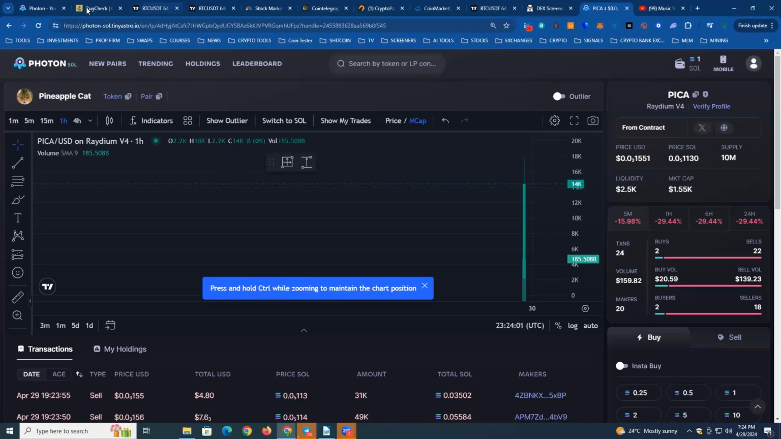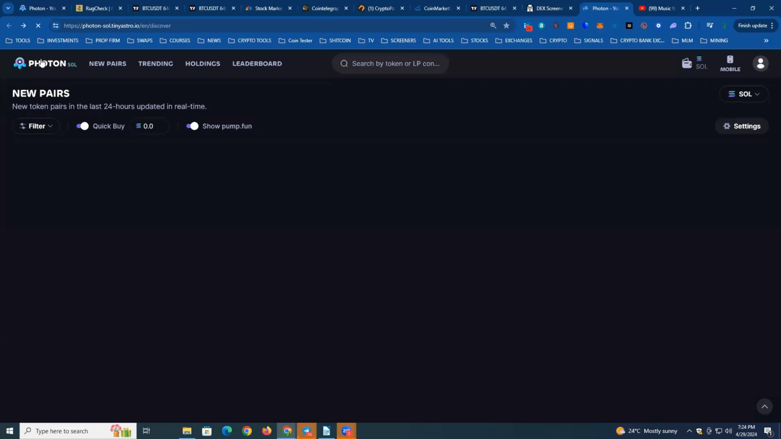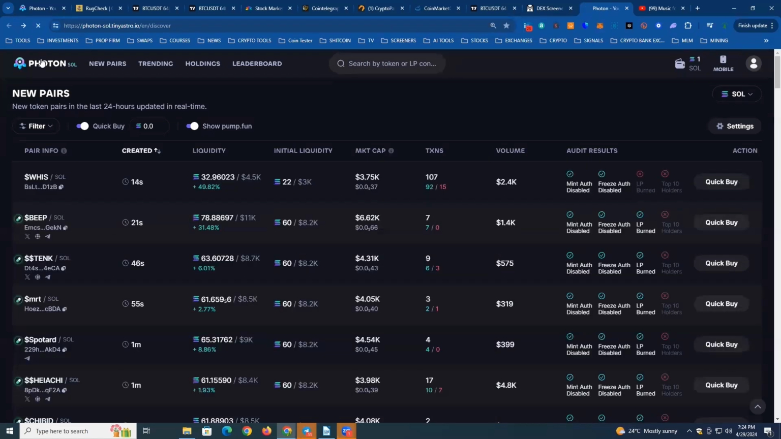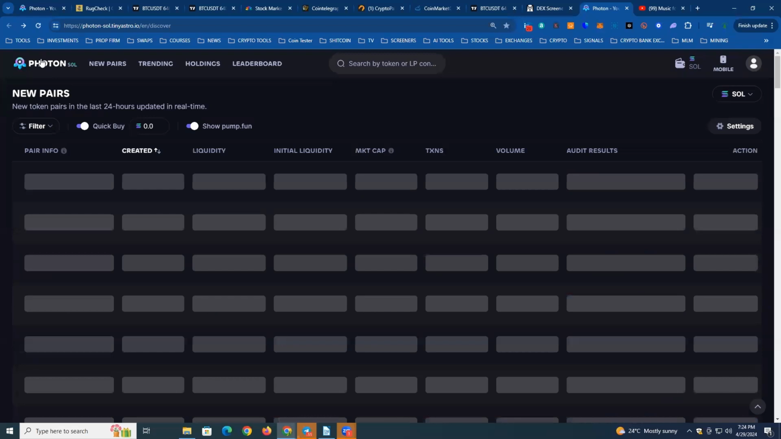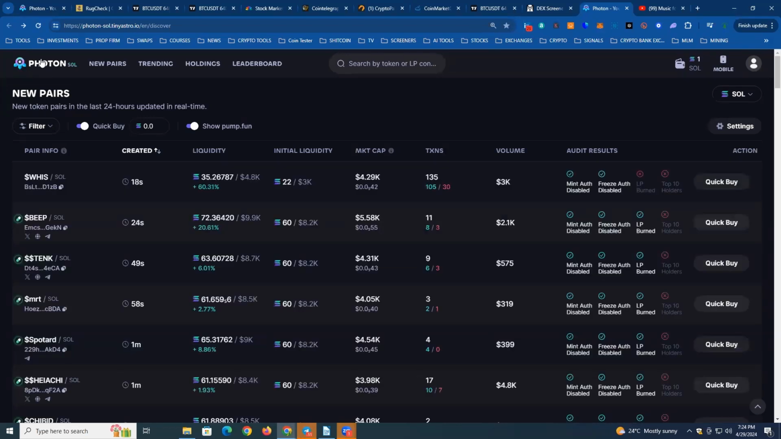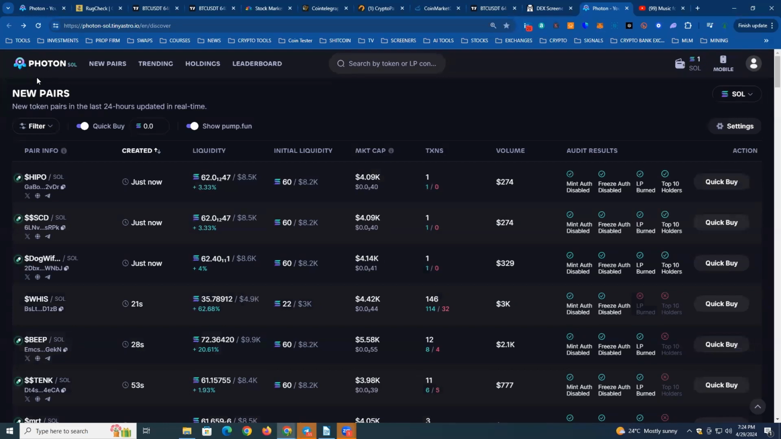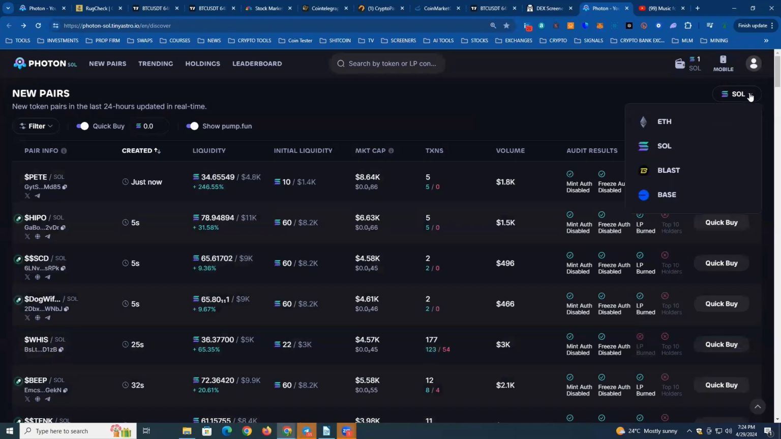Now let's get to the meat of the class, the meat of the matter. And for today's class, what we'll be looking at is a platform called Photon.Soul. Photon.Soul. Now, the thing with Photon.Soul is, as you can see on the right hand here, this is the only